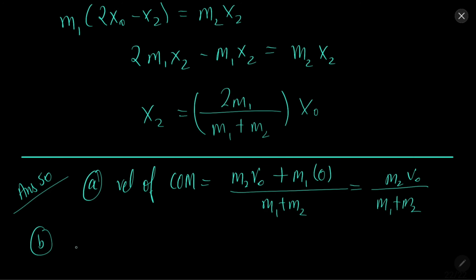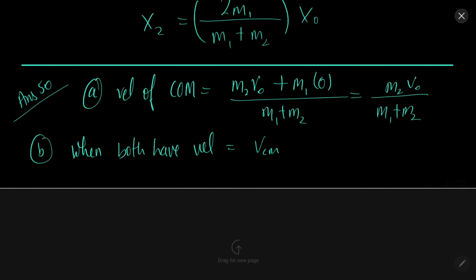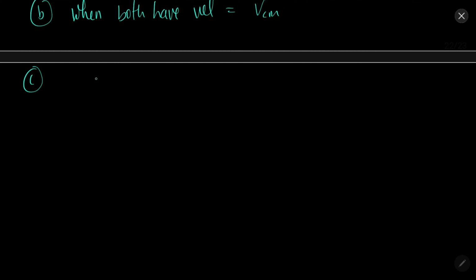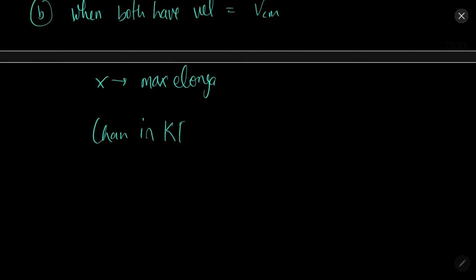Next, the spring will have maximum elongation when both the velocity of blocks will attain the velocity of the center of mass. When both have velocity equal to the velocity of the center of mass, in that case maximum elongation will be there. And next, maximum elongation, let x be the maximum elongation. So change in kinetic energy equal to potential energy stored in spring,